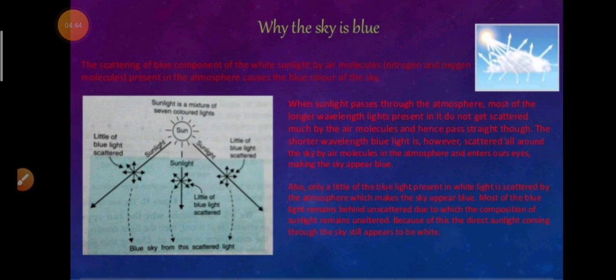Now the first question is why the sky is blue. Why is it not red or green? Obviously during sunrise and sunset it appears red. So why is the sky normally, most of the time, blue? Because according to Rayleigh's criteria, you know that